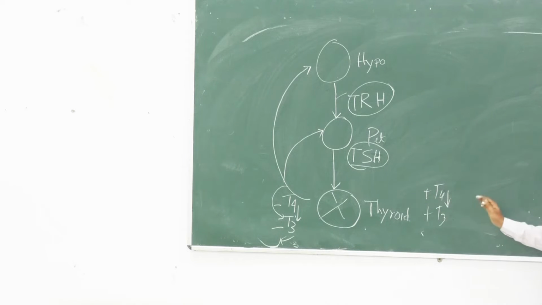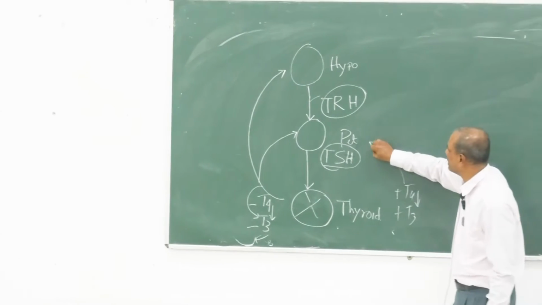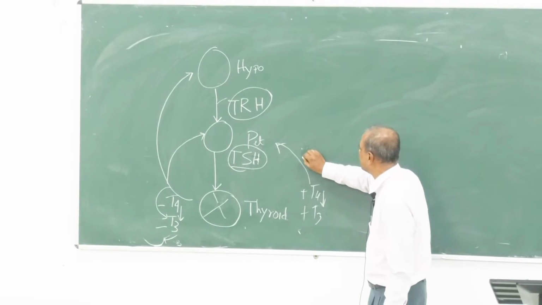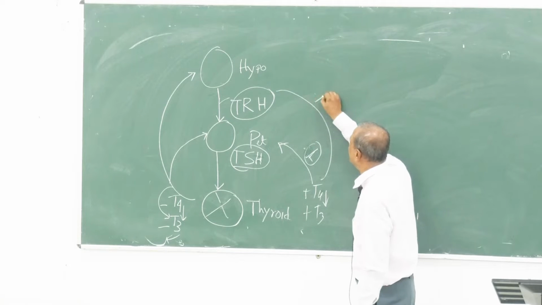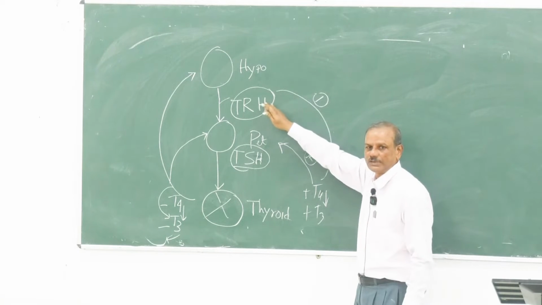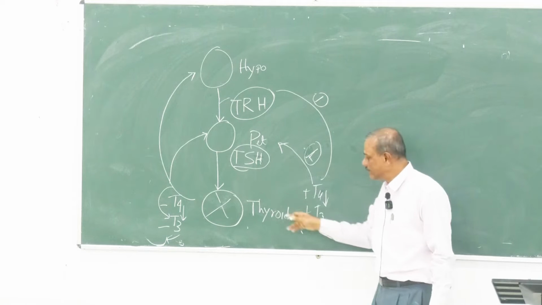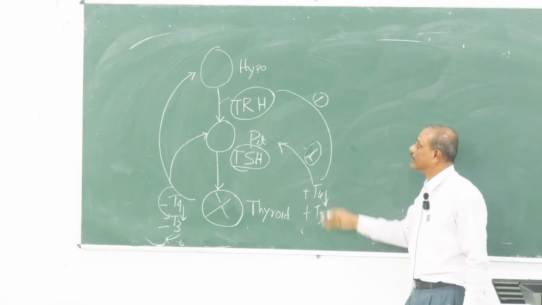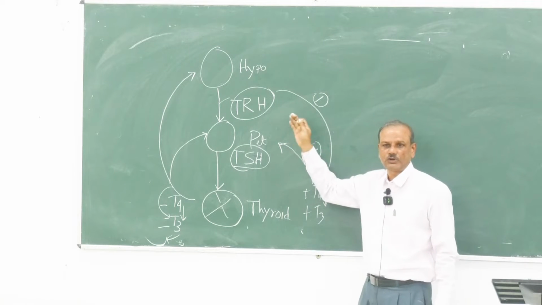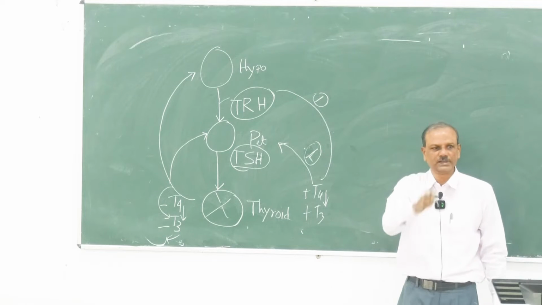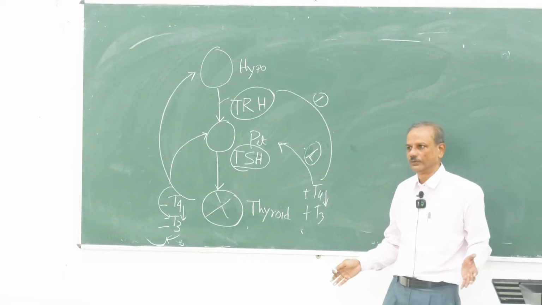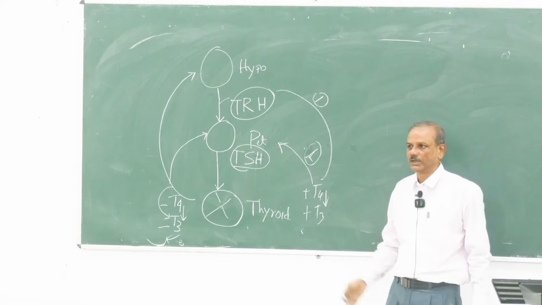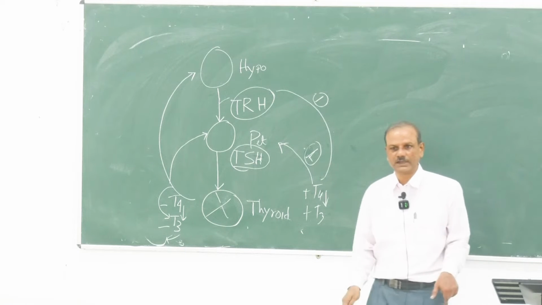So that is hyperfunctioning of the thyroid gland. Now this will have an inhibitory effect. Less TSH will be produced, and if the level is very high, there will be no detectable amount of TRH and no detectable amount of TSH in the circulation. So an abnormally high level of T4 will decrease the TSH level to non-detectable limits by the conventional assays,